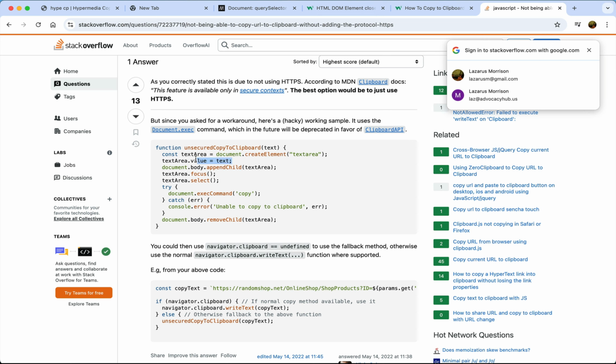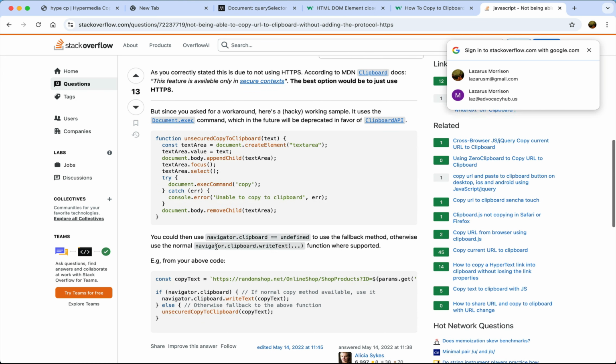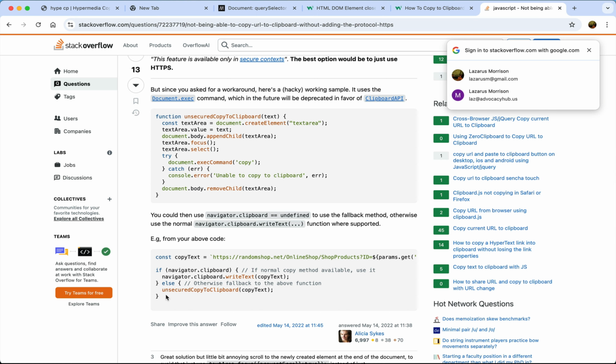So they're creating a text area. They're adding the text area to the document. They're focusing it. They're selecting it. Document.execCommand copy, because it's selected. So it's almost like hacking what you would do, where you are focusing on an input and selecting it. Okay, so look at this, and then they provide a nice option here